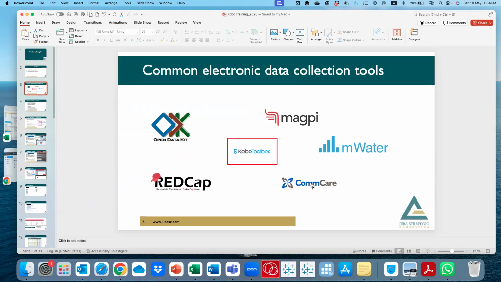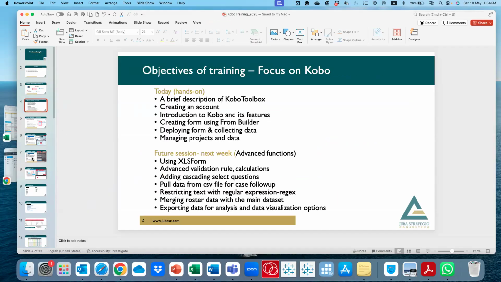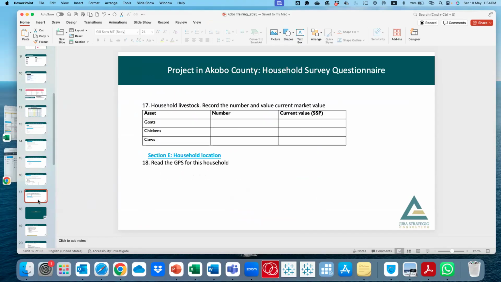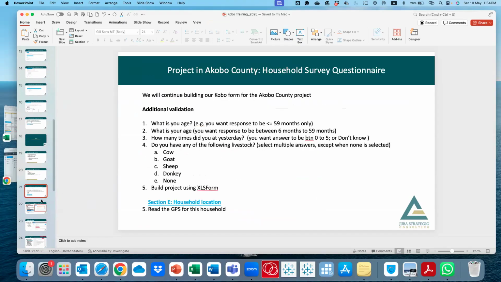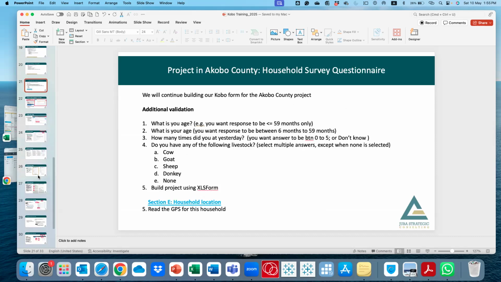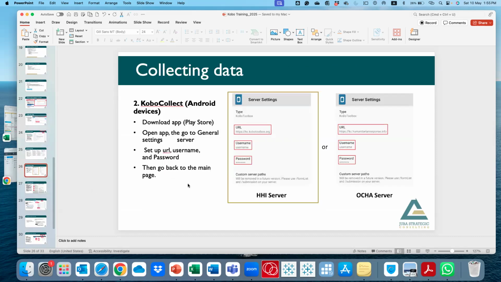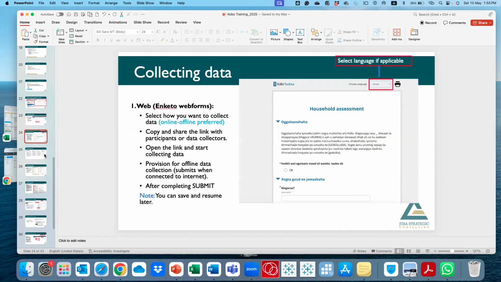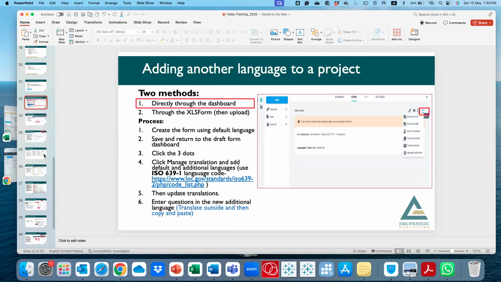The other tool that I know does that is Comcare. So if your project is about case follow-up of specific households or clinical cases, I think KoBo may not be the right thing for you. There are many other options there, including Comcare, that you can use. I don't know if that is helpful. Another person who has other ideas can supplement.